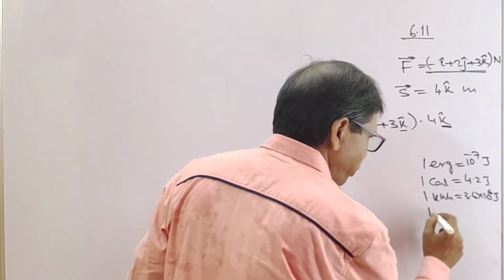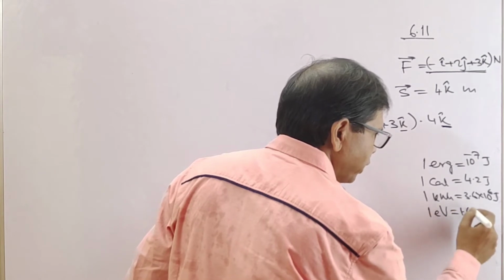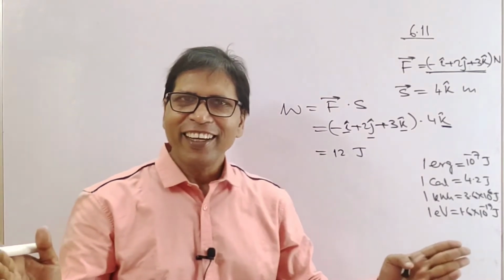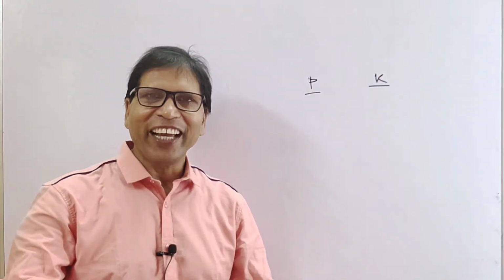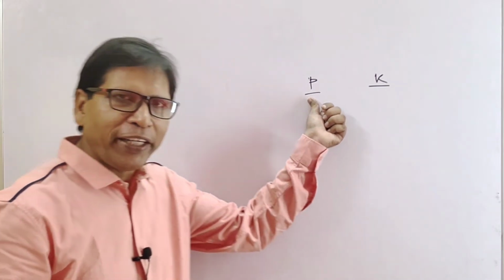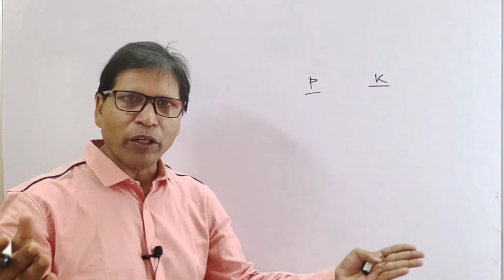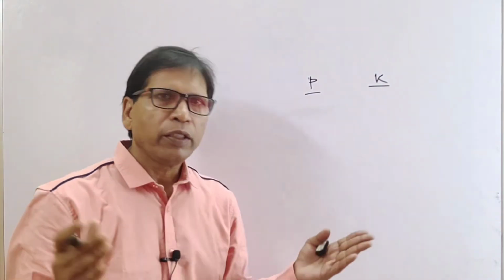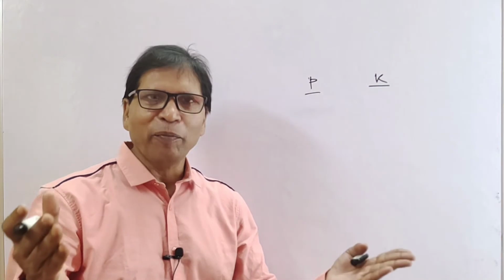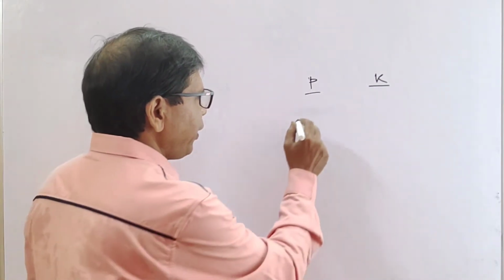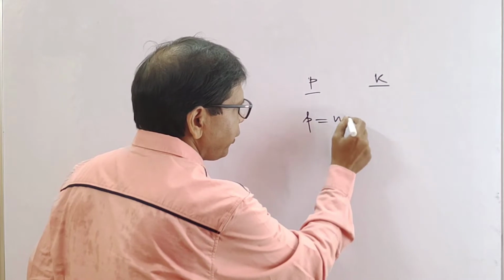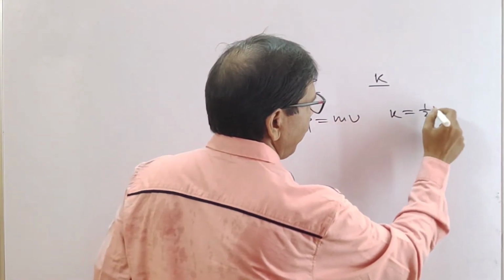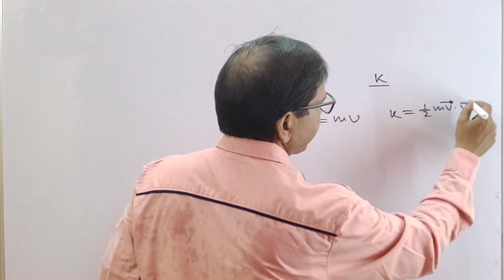Okay, and 1 eV is 1.6 × 10^-19 joule. Understood? Remember this. Now we have to establish the relation between momentum and kinetic energy of a body. If a body of mass m moves with velocity v, then its momentum p = mv, and its kinetic energy K = ½ m v⃗ · v⃗,